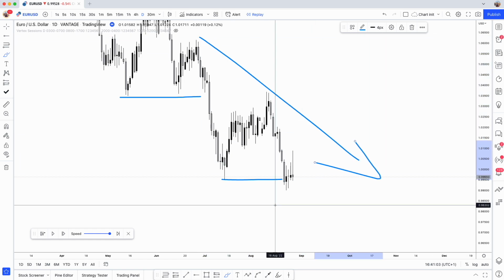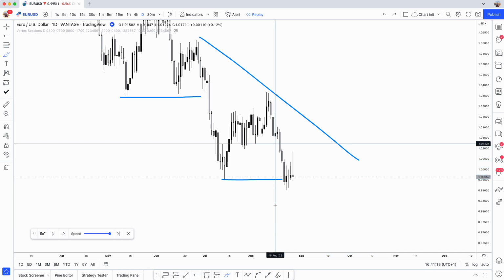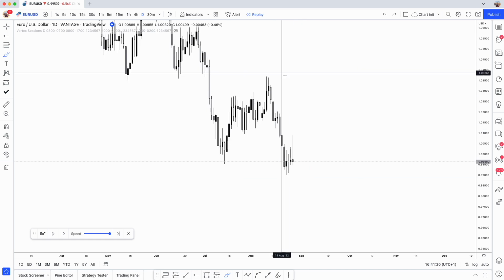Now you need to remember with our videos and the way that we teach and the way that we trade is as simple as possible. There's no magic, or there's no waffle to it. We just have to read things as they are. There's no assumptions and there's no predictions either. But what we can see here is that clearly we are in a bearish move.